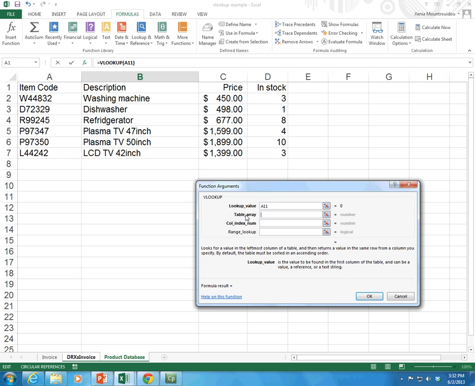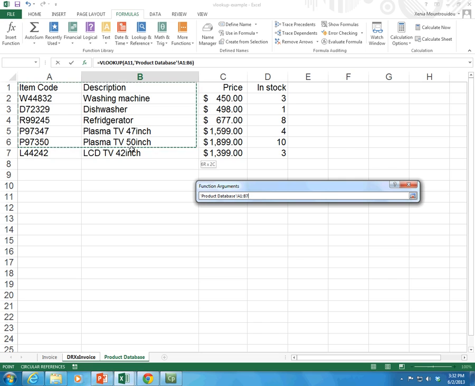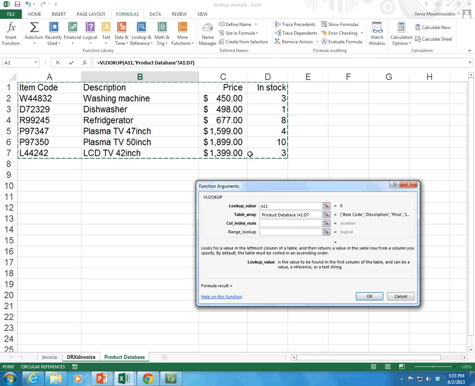So the item code will reside for the very first row in the cell A11, and the item code database is the whole table that I've got in the product database from A1 up to D7. So I am going to look